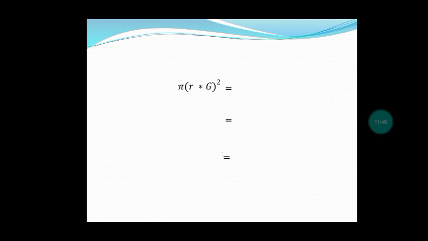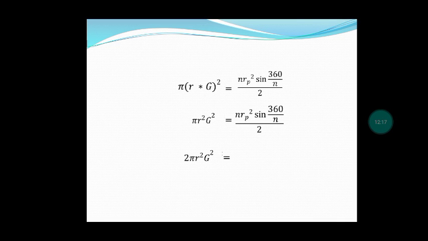So, we multiply the value of g by the radius of the circle. And then after that, we distribute the power of 2 to r and g. So it becomes pi r squared g squared. Then copy the formula of the area of the polygon and cross multiply. So 2 times pi r squared g squared is equal to 2 pi r squared g squared